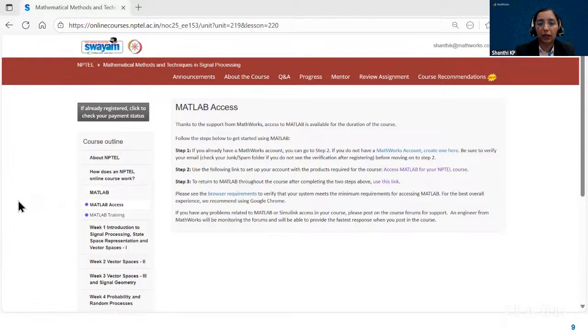Once the account is created, you can go to the link provided in step 2 to access MATLAB for the NPTEL course. I'm clicking on the step 2 link here,